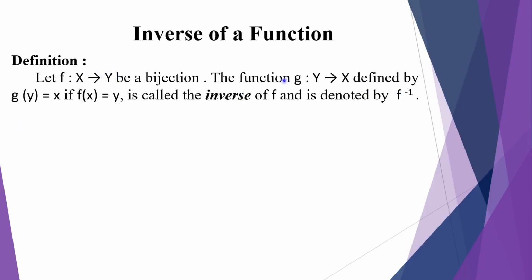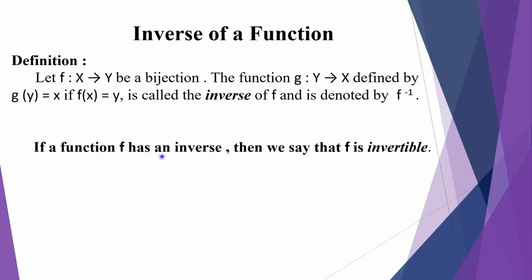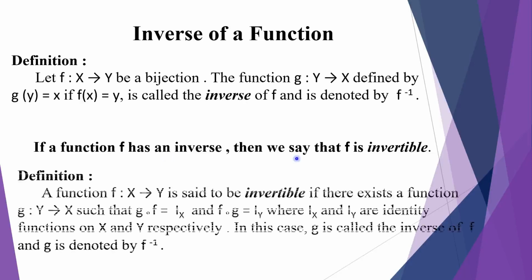is defined by g of y equal to small letter x if f of x equal to y. is called the inverse of f and it is denoted by f inverse. If a function f has an inverse, then we say that f is invertible. So a function inverse இருந்தது அப்படின்னா then we call that function is invertible. Let us see the definition of invertible. A function f from x to y is said to be invertible if there exists a function g from y to x. So இதை interchange பண்ணி கொடுத்திருப்பாங்க